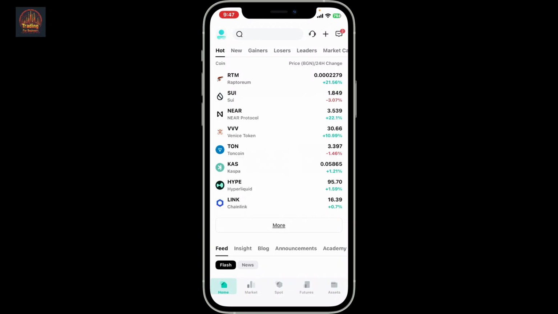Your deposit address is like your crypto bank account number on CoinEx. You can use it to receive coins like USDT, BTC, etc. So first of all, open the CoinEx app and log into your account. Once you're inside the home page of CoinEx, go to the Asset tab at the bottom right corner and tap